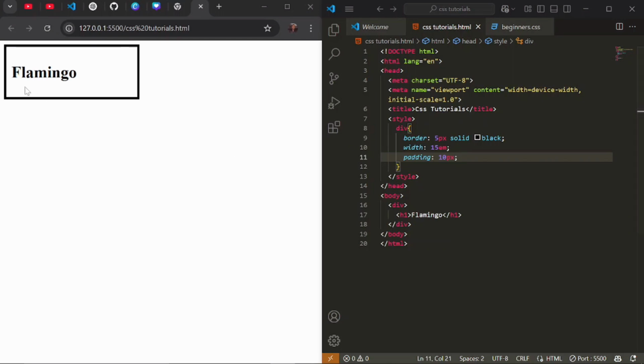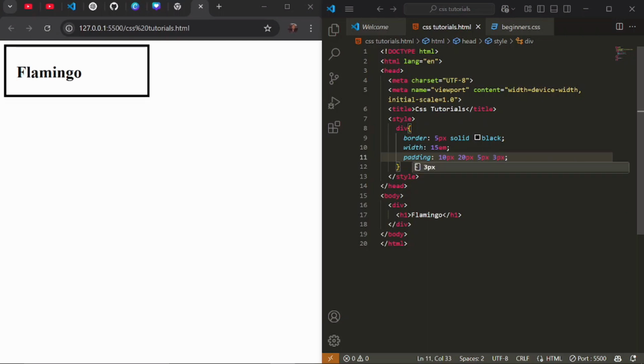This will create 10 pixels up, left, bottom, and right. But if I want different spacings, I'll code this in a clockwise direction. This is what I mean. If I put 20 pixel, 5 pixel, and now 3 pixel here,